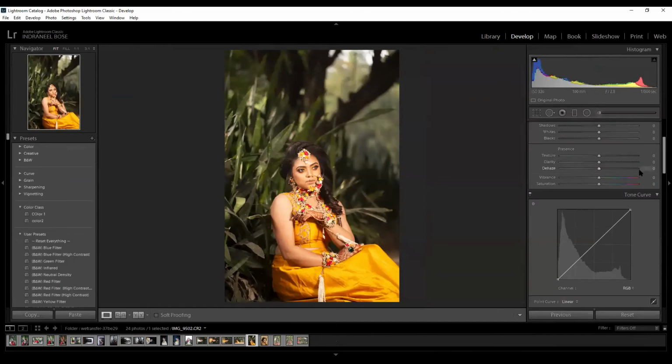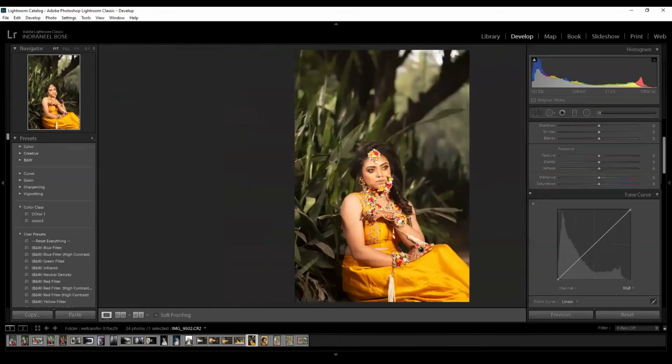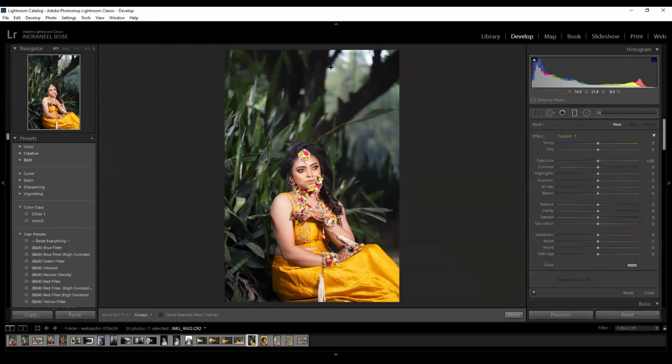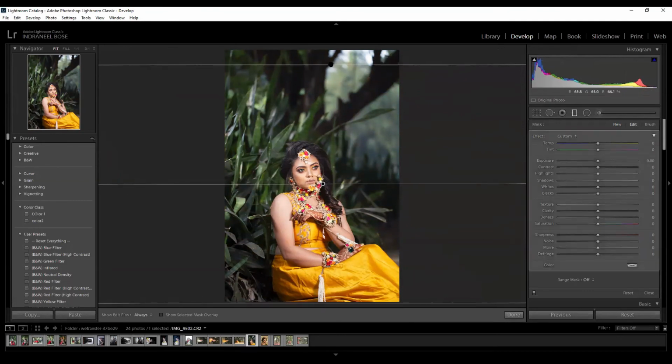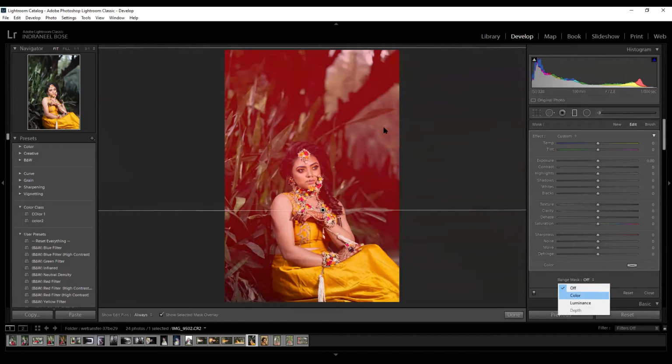Suppose there is a yellow cast in the image. You can always press the auto white balance to correct it. Here in the white balance, you can go to auto and see if it's your choice, or increase the temperature. I think this is ideal. Now we do a similar thing. We take a graduated filter. Press O, pull it a little more, and pick the colors.